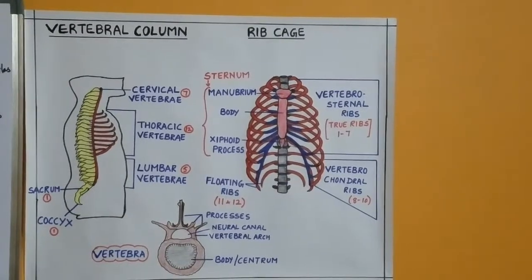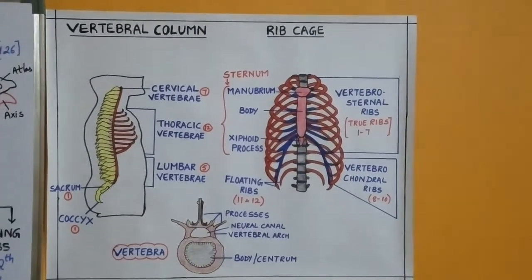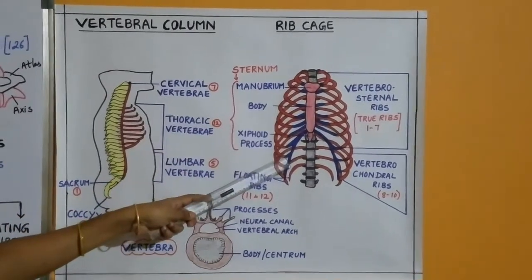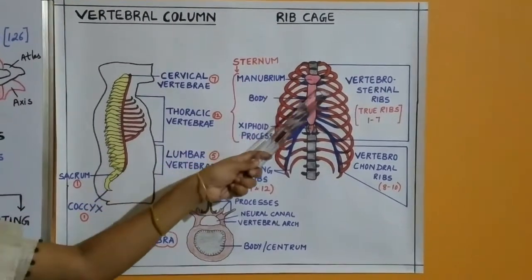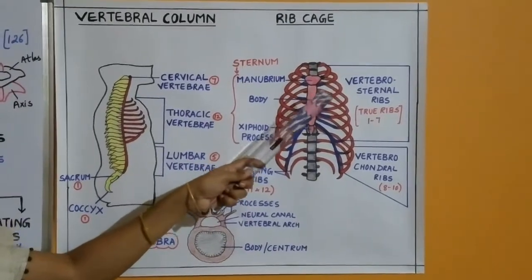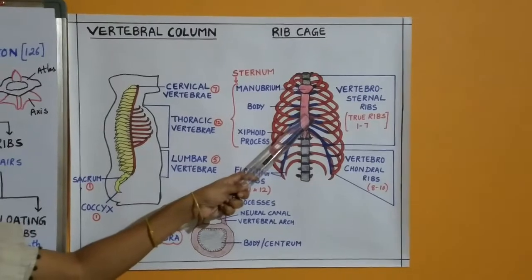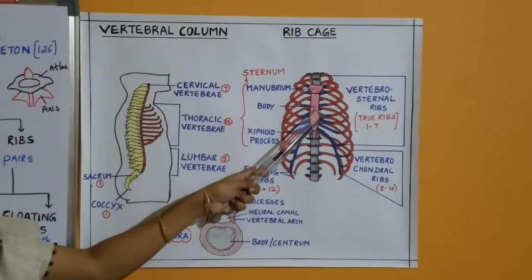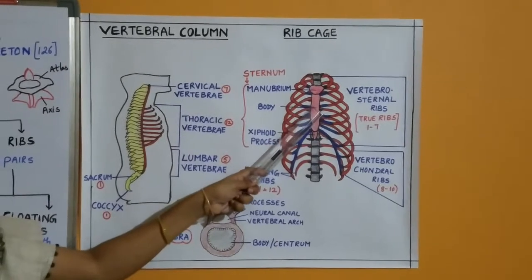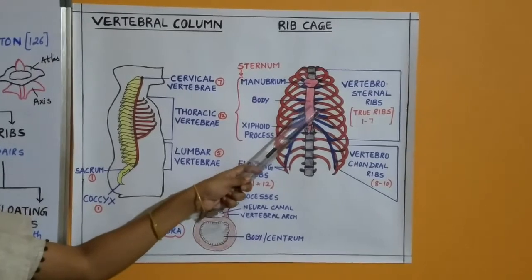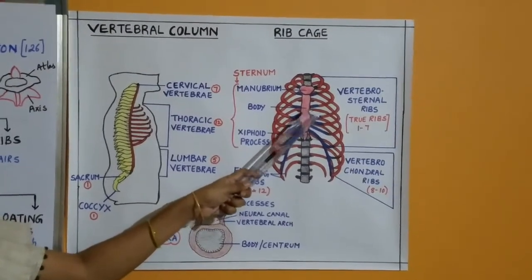And the last one of the axial skeleton are the ribs. In the human chest, there are 12 pairs of ribs. Each rib is a flat bone which is dorsally attached to the thoracic vertebrae and on the ventral side, it attaches to the sternum. The ribs in humans are called bicephalic because they have 2 heads called capitulum and tuberculum by which they attach to the thoracic vertebrae.